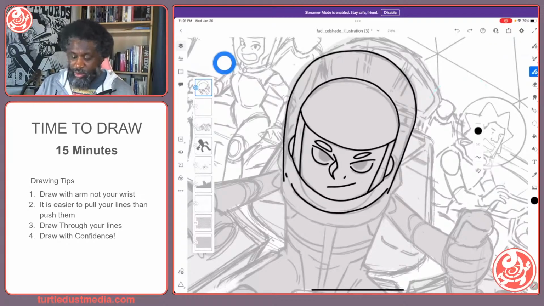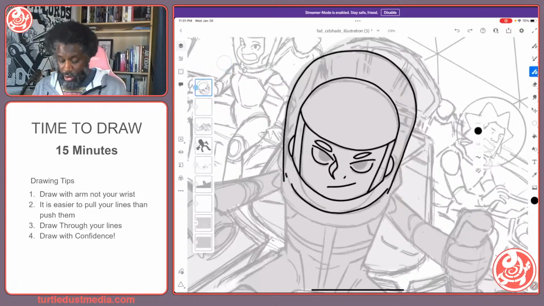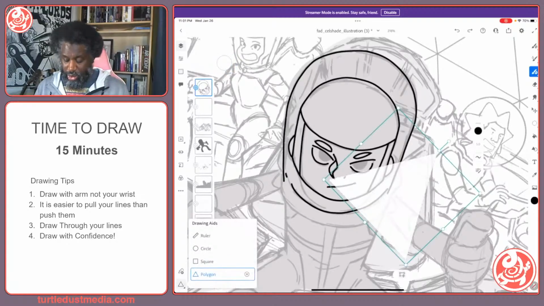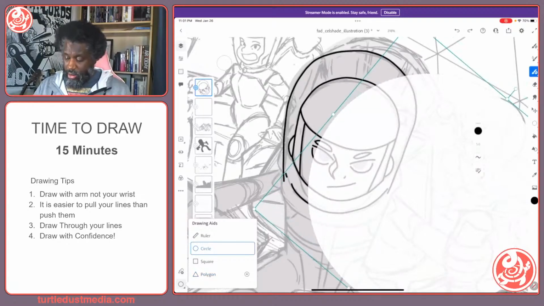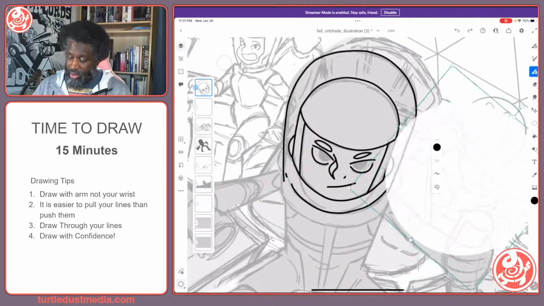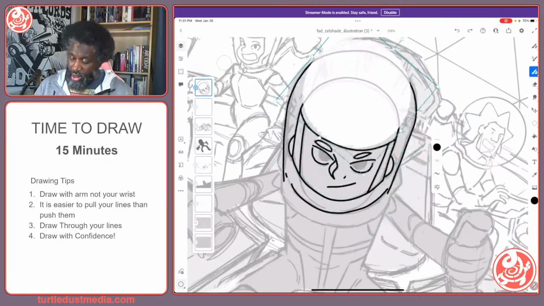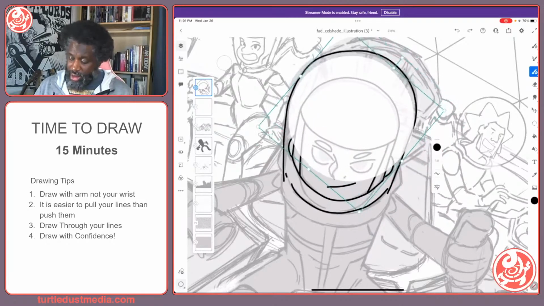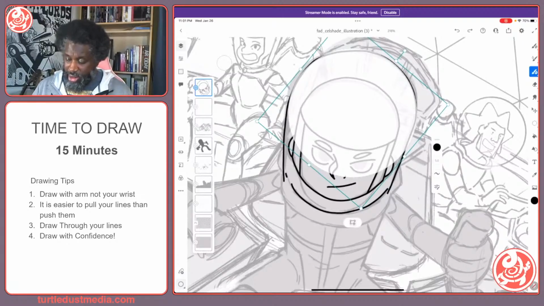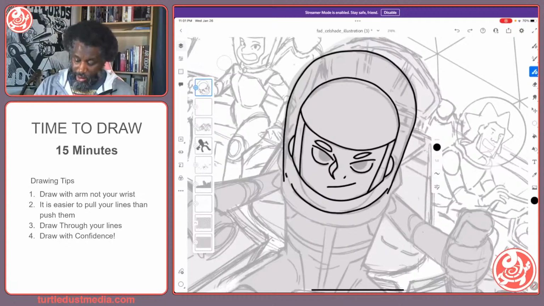with trying to create multiple rounded shapes using this, you can go to your shape tools and you can use those as well. Right, so we could have come in here, we could have sized this up, get it to the right size, drop that there, stretch it out a little bit, and then used our guide. So why don't we do that? Let's turn that off for now. We're going to